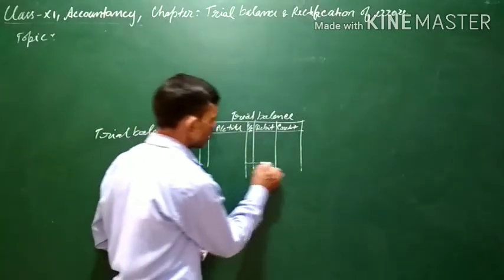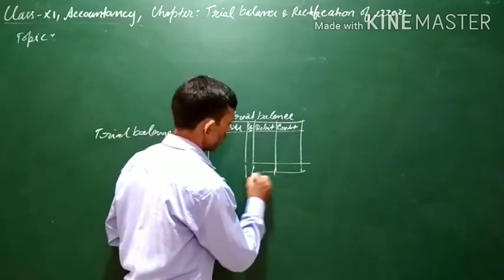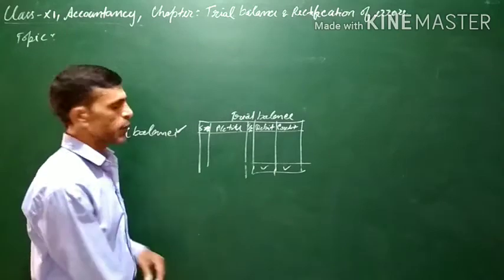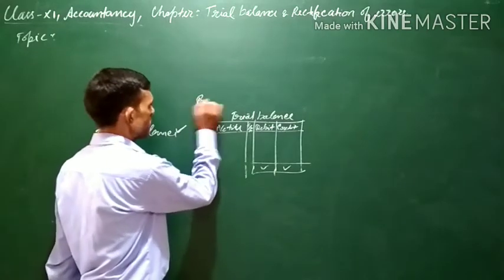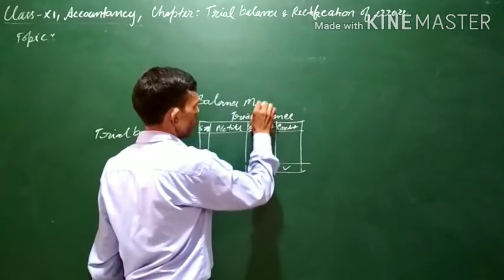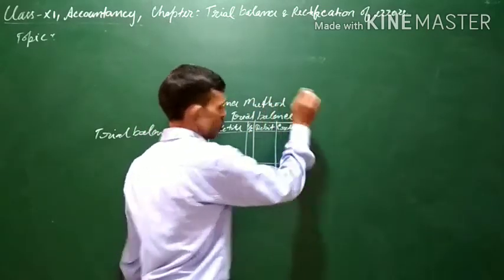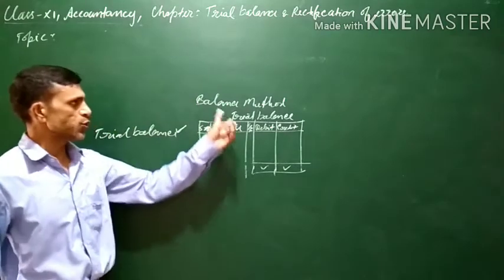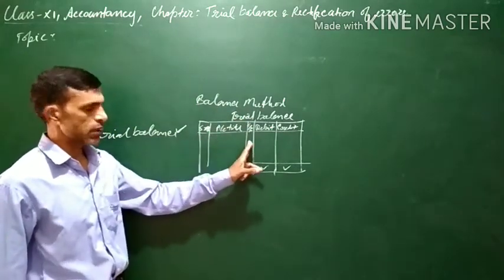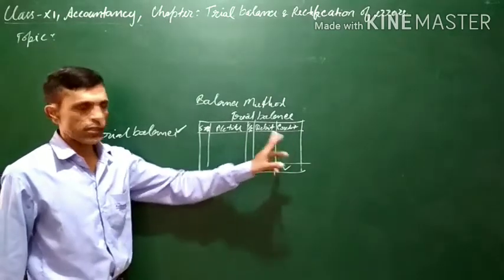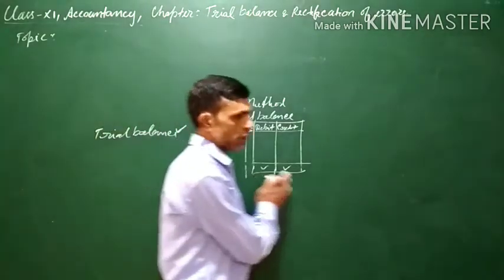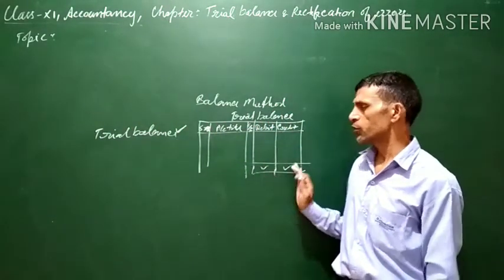Now the debit and credit totals should tally. The debit and credit totals of the trial balance should tally if you are preparing the trial balance according to the balance method. Assuming that we are preparing the trial balance using the balance method, then there will be the serial number column, account title, ledger folio, and either the debit balance or the credit balance of the account, and the total of these debit and credit balances should tally.